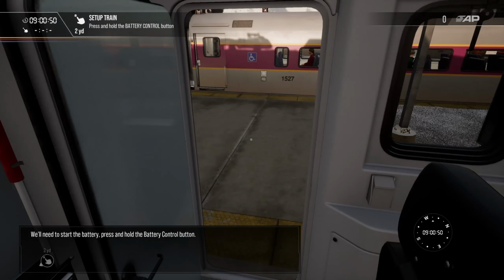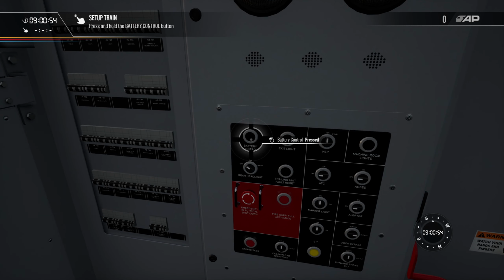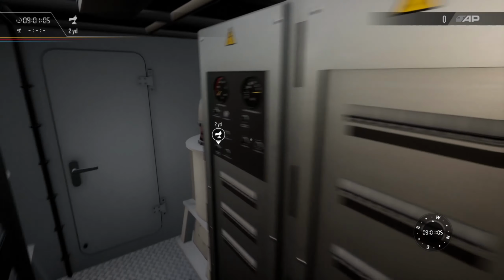Ooh. We'll need to start the battery. Press and hold the battery control button. I can definitely do that. Very easy. Walk to the control panel, which is back over here. I do remember doing this, so yes, this is definitely a...